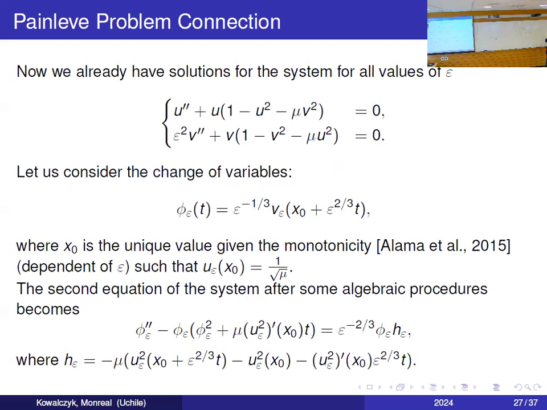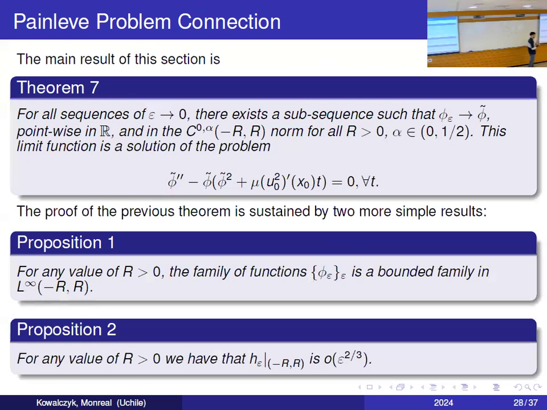So we take the equation for V and look for a natural scaling to take this epsilon out of the equation in some way. So we consider this change of variables. If we do it, we get this equation here for what we call phi sub epsilon, and on the right-hand side, there is this function h. We do this change of variables, and this is the associated result, which looks very similar, but we don't have the same things as before.